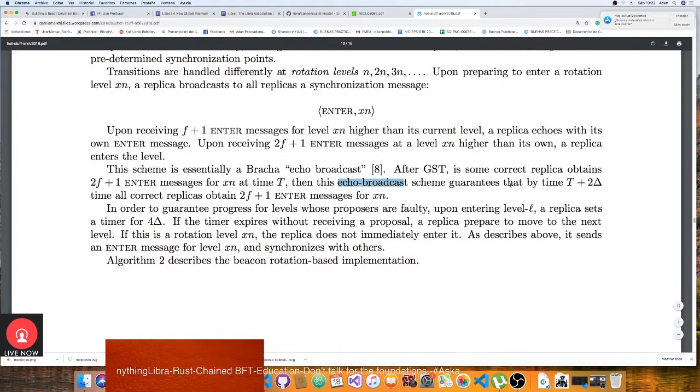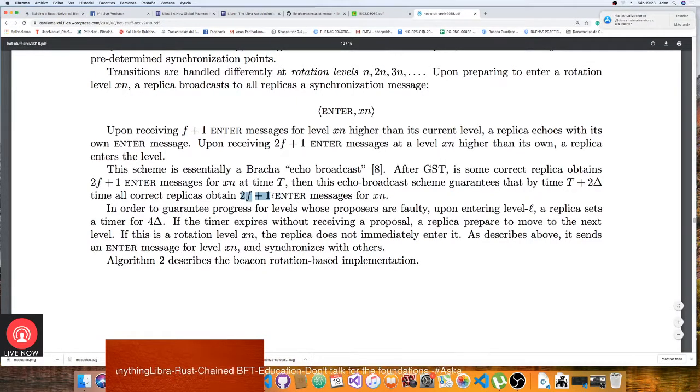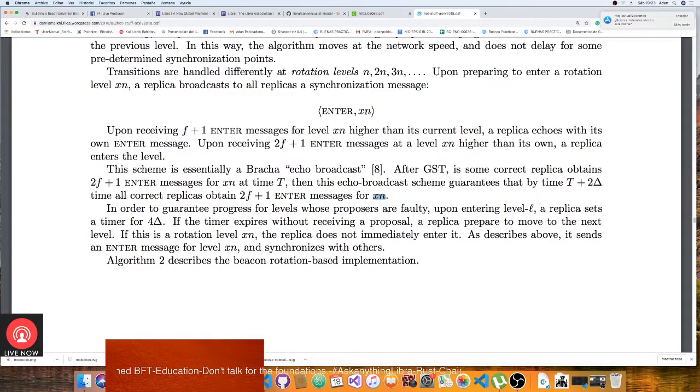A scheme guarantees that by a time of t plus 2 delta, all correct replicas obtained 2f plus 1 enter messages for xn. So if this echo broadcast works, you have the guarantees of these 2f plus 1 enter messages that you have. So this is the hard thing, figuring out how to have these